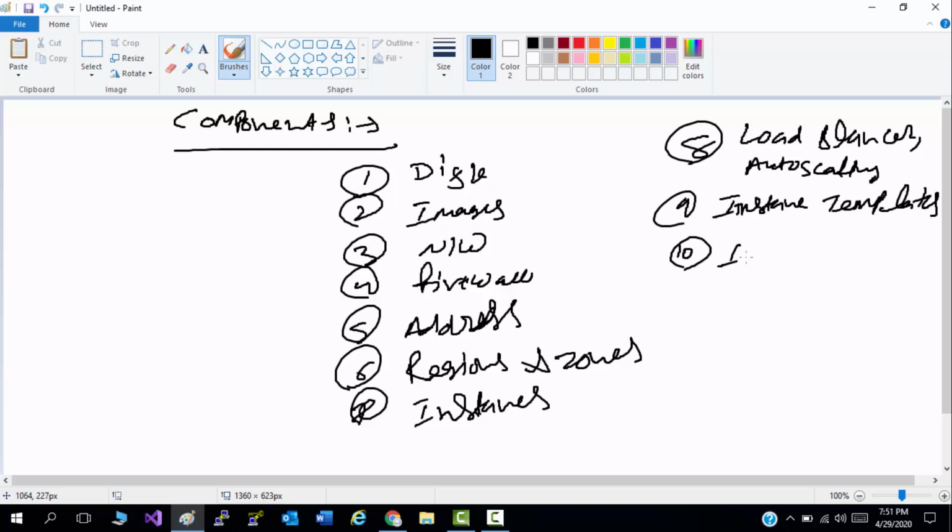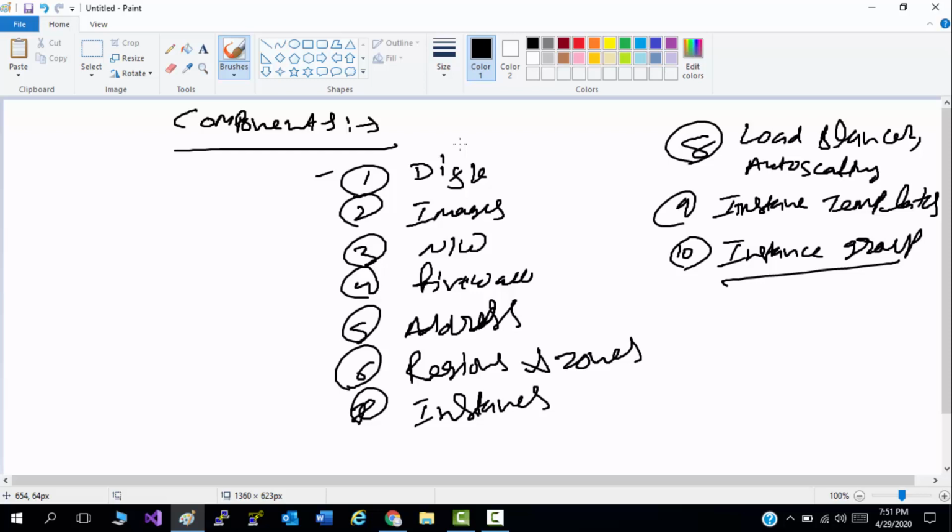Number 10, instance group. These are the components which you will use when you create a VM. What they are, we will discuss one by one. Now you can create your VMs, Linux VMs or Windows VMs.